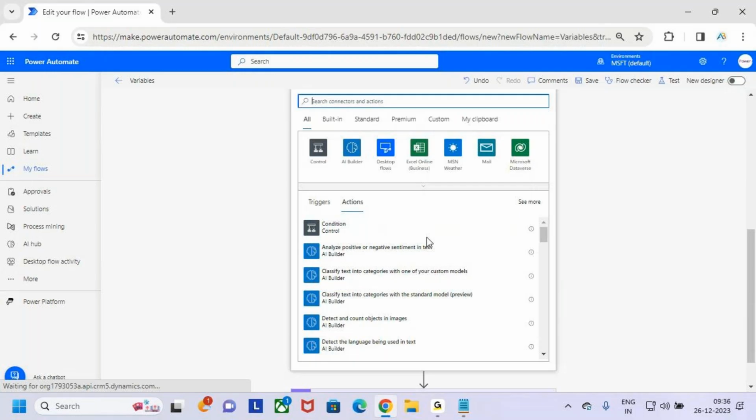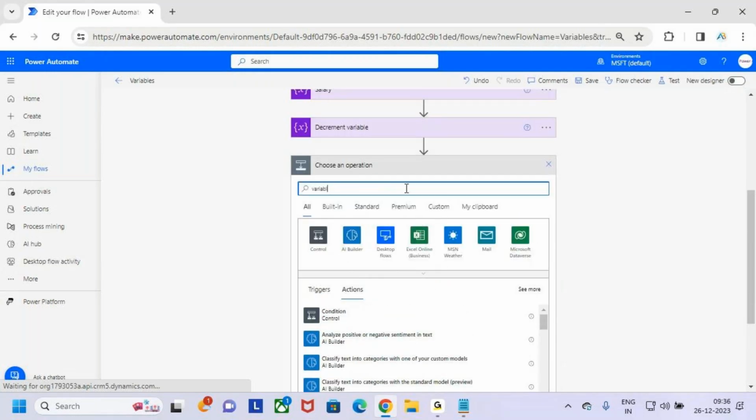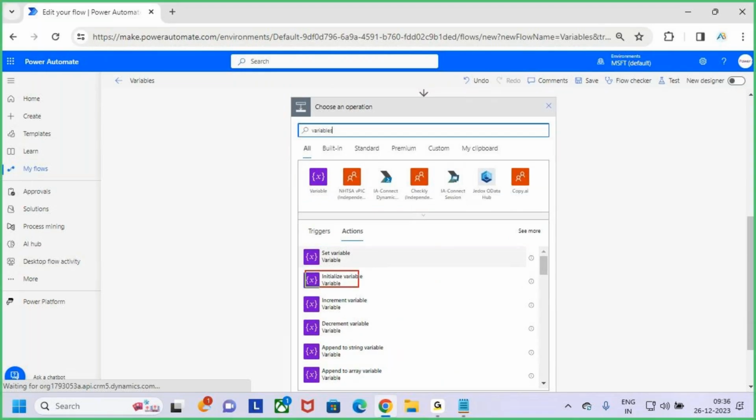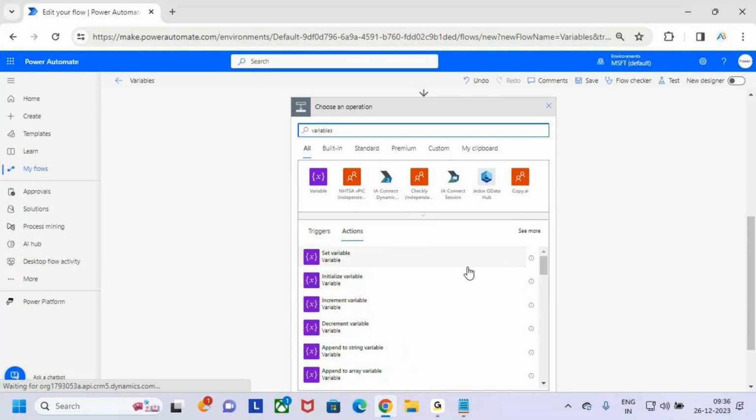Till now we discussed initialize the variable, set variable, increment variable, decrement variable, append to a string variable. Next, we need to discuss append to an array variable. So before discussing append to an array variable, first of all,